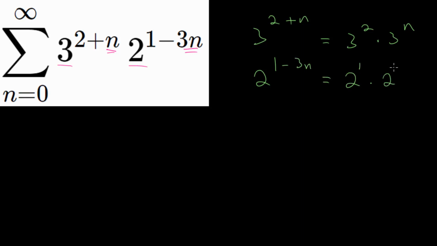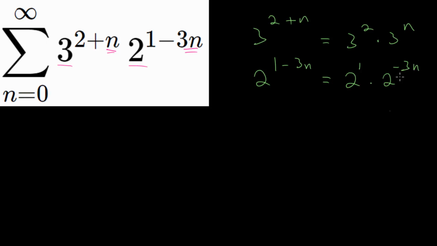And what we can do is rewrite each of these expressions here, these factors, with exponent properties. Since we know that when we're adding or subtracting exponents, we can split this up into a product of 2 different exponential expressions. For instance, 3 to the 2 plus n, we can rewrite as 3 squared multiplied by 3 to the n. Since if they have the same base, you can just add the exponents. Likewise, 2 to the 1 minus 3n, we can rewrite as 2 to the first multiplied by 2 to the